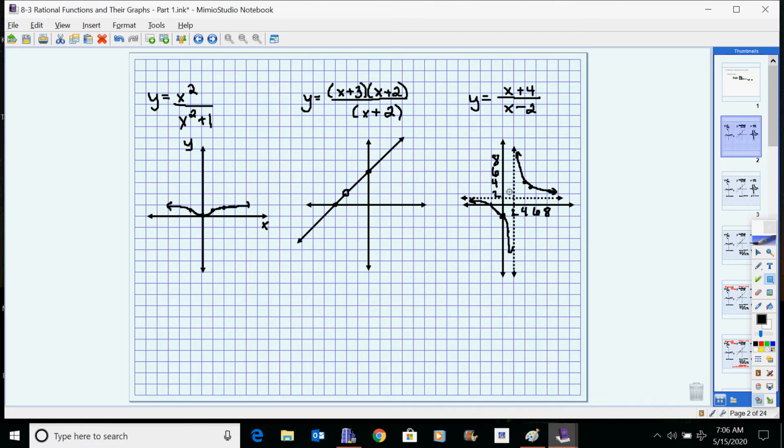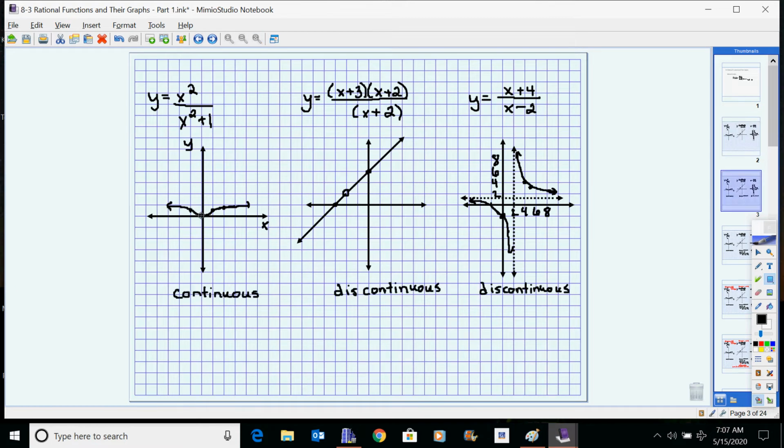Then this one, if you'll notice, looks suspiciously like a reciprocal function, and it's got asymptotes on it, but it's not exactly like the things that we looked at before. So there are a possibility of some asymptotes showing up. There's a possibility of things looking like a line or another shape. But we want to talk about these different types of things that can happen. First of all,